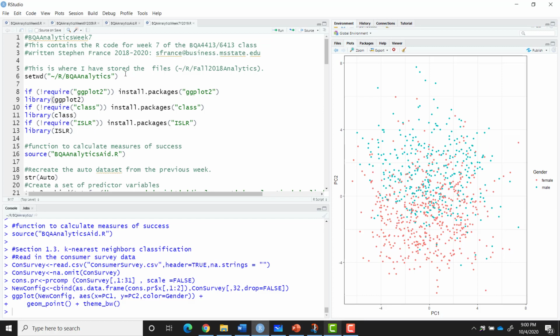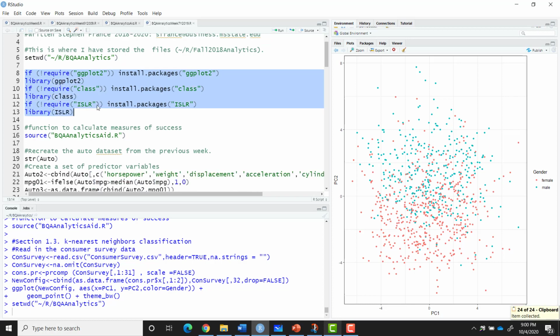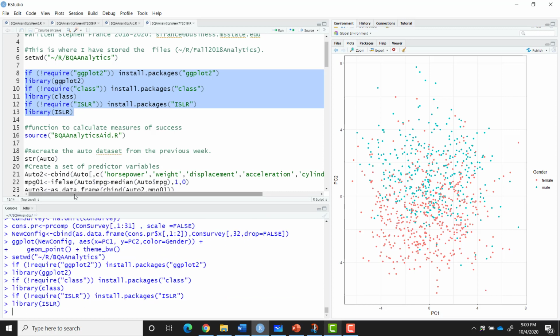Okay, so let's get to the week 7 code. As usual, we're going to go to our usual directory. We want ggplot. We're going to use the class library, which has a lot of these things like discriminant analysis in. We're also going to use ISLR, which is the free textbook, as we use some of their data sets. And we're going to use my little helper function, which I wrote to help calculate things